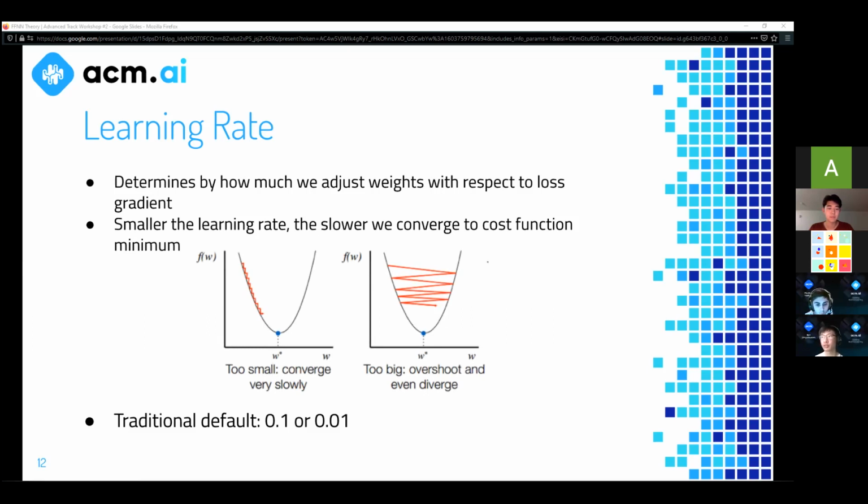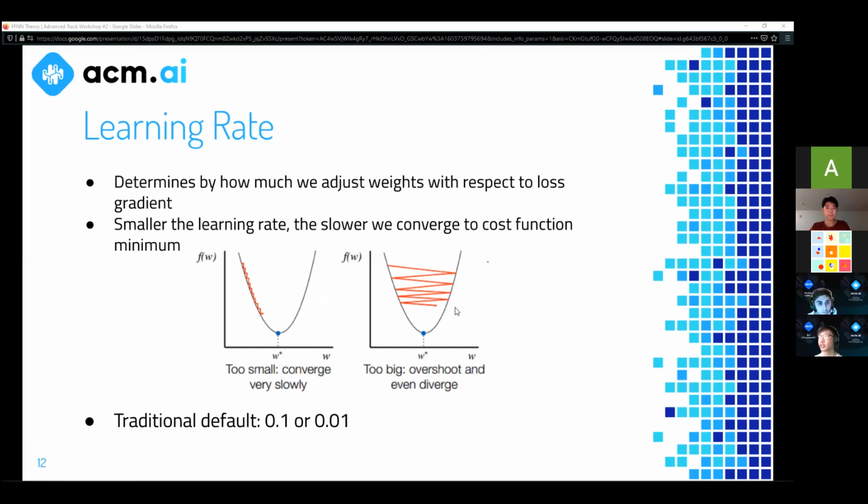If we pick too small of a value, then what might happen is that every step is very, very small, and it's going to take a very long time to converge. Another problem is that if the steps are very small, it can get stuck at very small local minimums. Like if there was another hump and then another drop down here, then this algorithm would never get to that point, because every single step is very small, and once it reaches that minimum, it's just going to stay there.